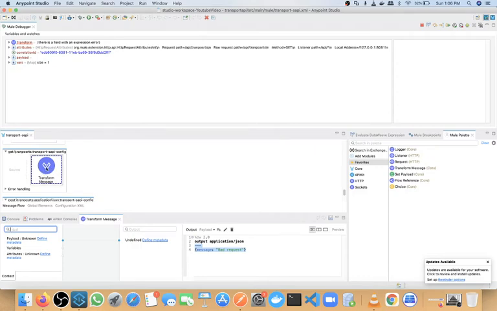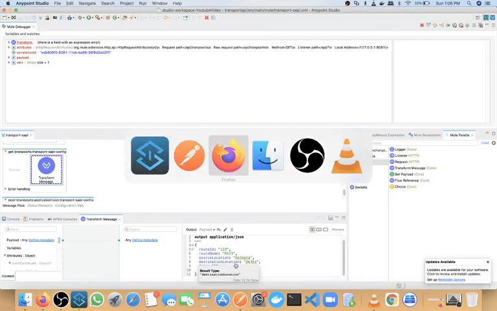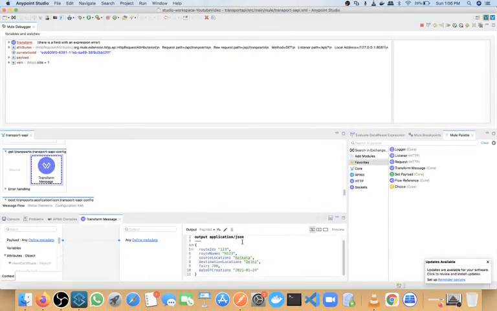Now whatever transformation we have here, you can see we completed a very basic transformation, where we have hard coded all the values, and this is also auto generated. Where did it come from? If you go to our YAML file, we have defined one example. Whatever example you define, that example will come here.